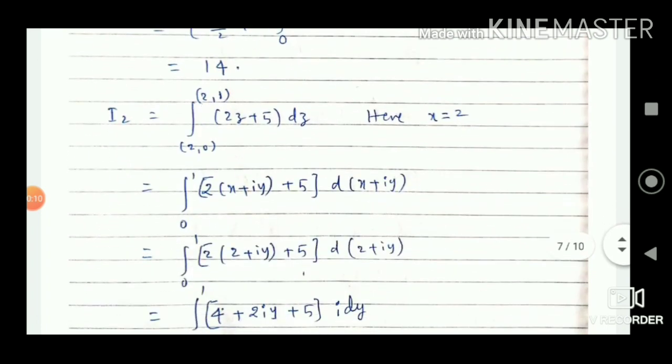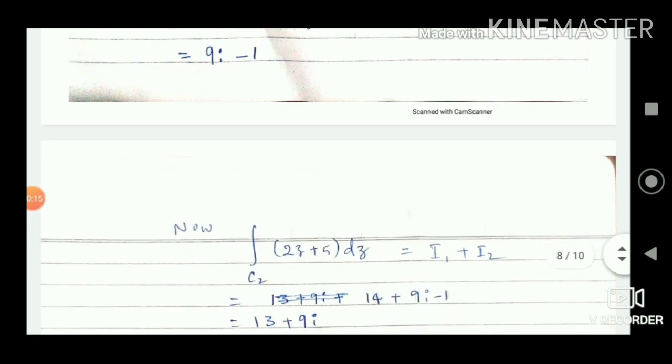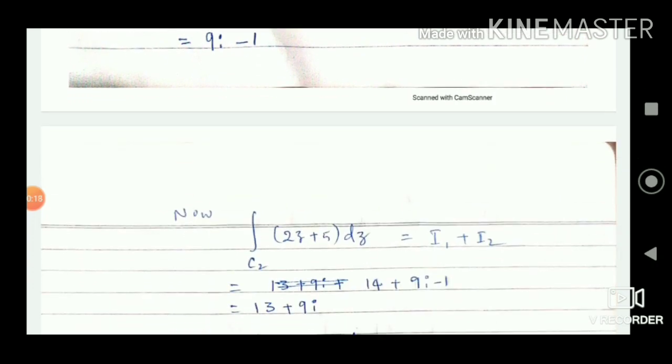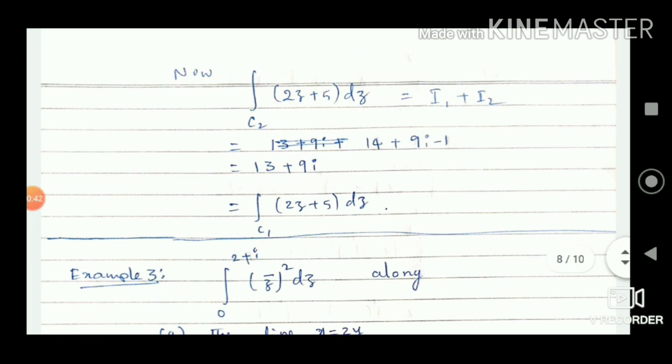So, when it is true, there is a result by Cauchy. The result says that if the function f of z is analytic, then the integration between points A and B is the same whichever path you take. Maybe you are joining with a straight line or a parabola or some other route, but the answer will be the same. That is Cauchy's theorem, which we are going to learn in the next part of the complex integration. But is it important that the function should be analytic?